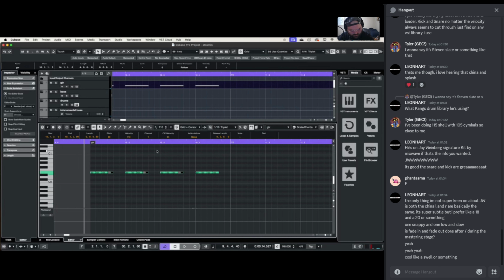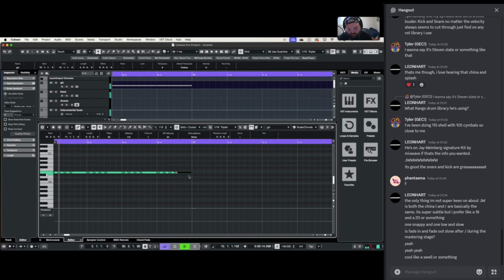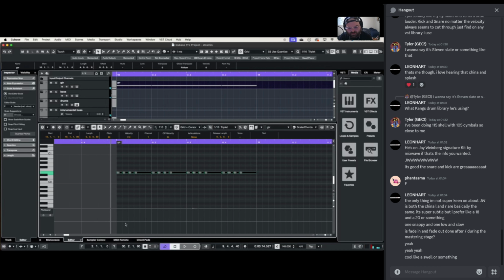We're gonna use legato. Ooh, that sounds like shit. Until